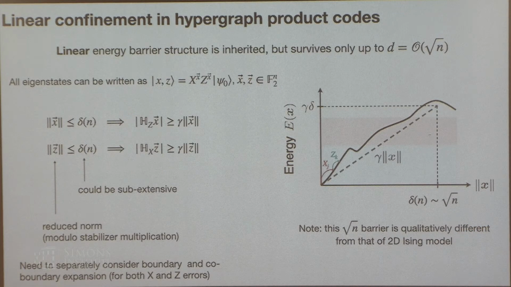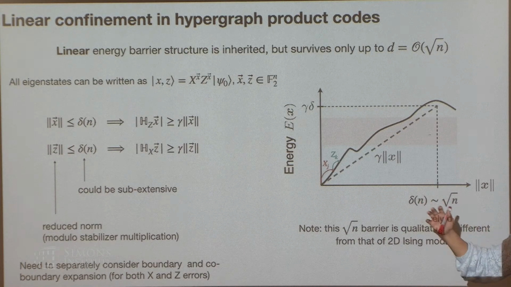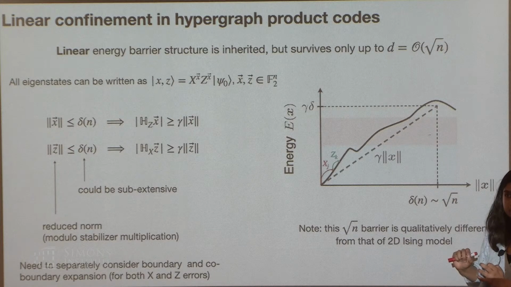This complicates some of the analysis that I went through earlier, because earlier I said, look, I have a code word, I define a Hamming ball of some size alpha n about that, and then I'm done. I have a linear energy barrier, I have a linear free energy barrier. Now if I define a Hamming ball of size alpha n, I'm in trouble because this barrier only extends to root n. So that doesn't actually cover it. I need a different way of defining bottleneck sets, which takes into account all typical thermal fluctuations, but still can deal with this.